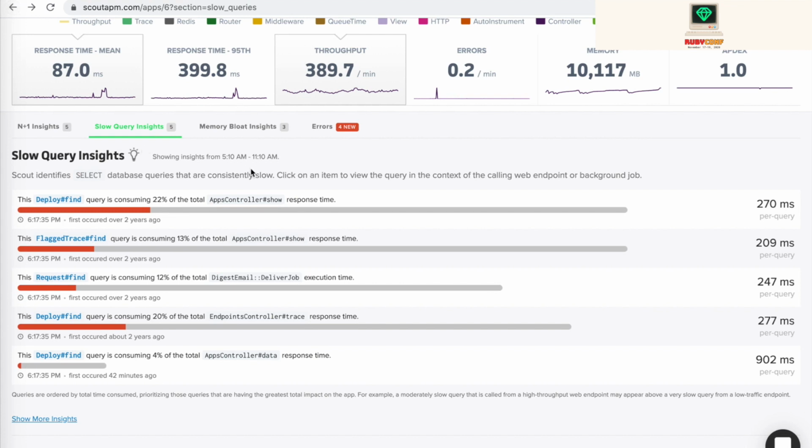These start creeping up sometimes when they're first introduced. It takes some time for them to start actually being slow, depending on how much data is in these actual database tables. So these are a good thing to kind of keep an eye on for slow burn type performance issues for your queries.